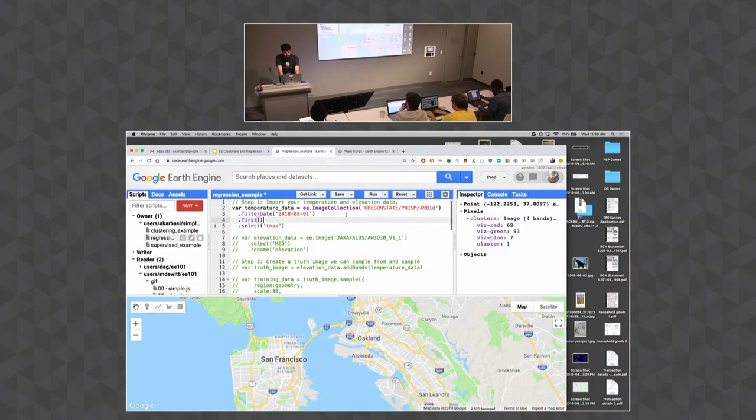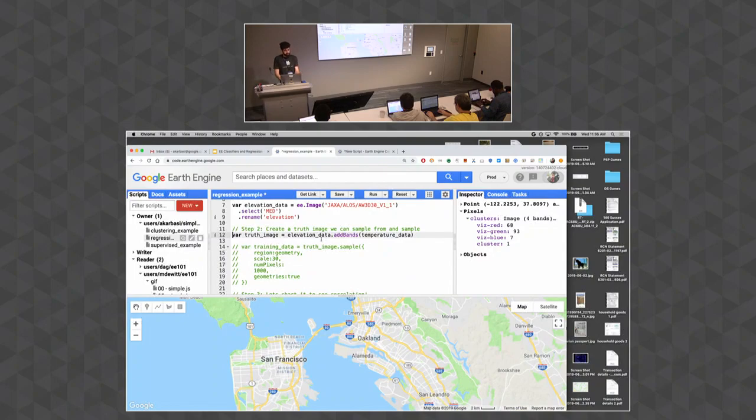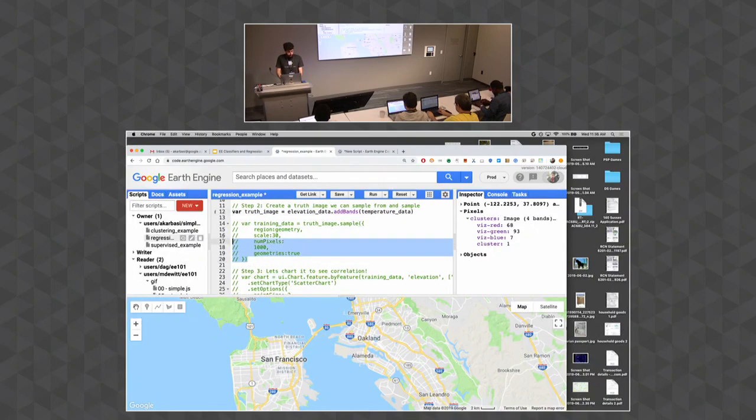So in this case, this is my temperature data. I'm going to take my elevation data from ALOS, and then we're just going to have to create a truth image, and simply, like I said, we just need something that has both the elevation bands and the temperature bands. So we're going to call add data on our elevation data, add bands on our elevation data. And then we're going to use sample like we talked about before. So we have an image, and we need to sample some data points from it. And what I'm going to do here, actually,